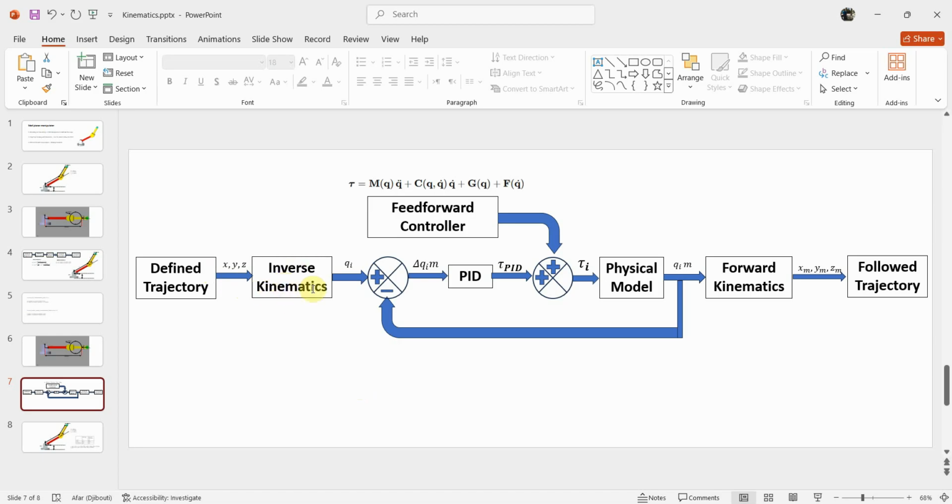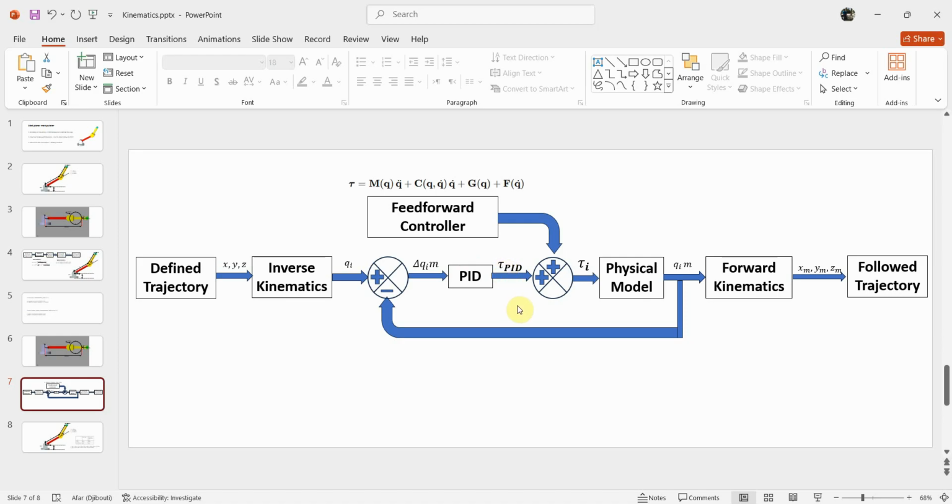The computed joint angles are then compared to actual joint angles measured from the physical model, producing an error signal delta Q, which is sent to our PID controller, or any other type of controller that we could have, and the controller generates a corrective torque tau PID to